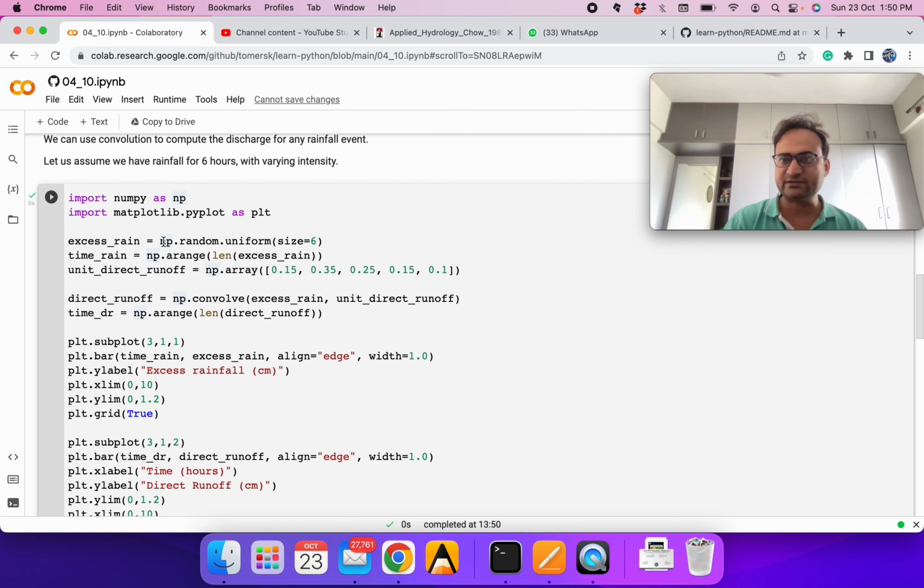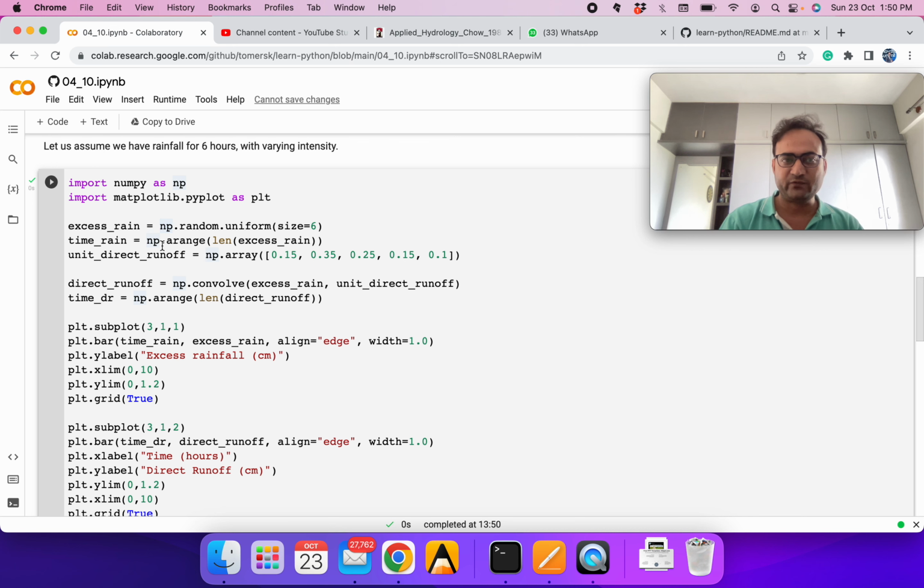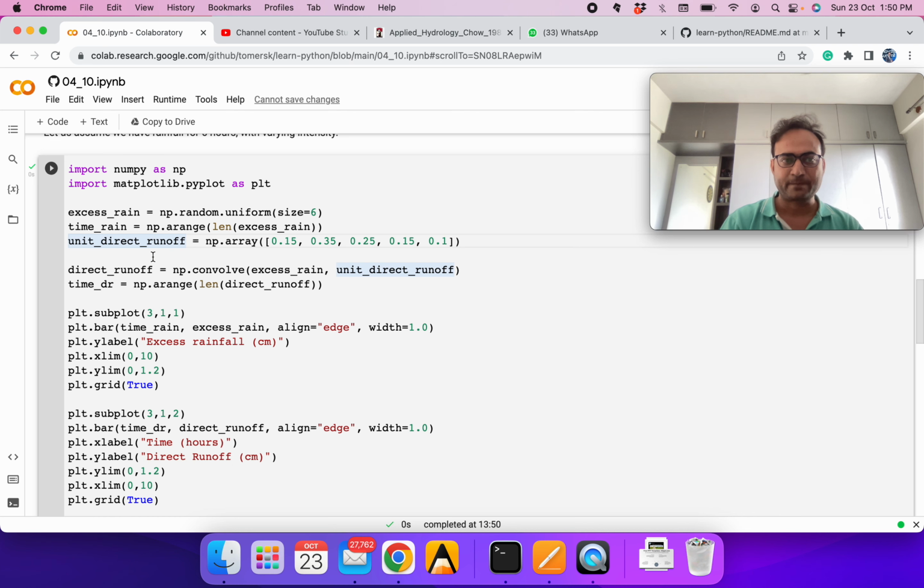We are generating one synthetic rainfall for a 6 hour duration. Every hour the intensity can be different. We have simply used a uniform distribution. You can put any value you have. And we are taking the same ordinates of the unit hydrograph which we used earlier. Now we will use the convolve function.